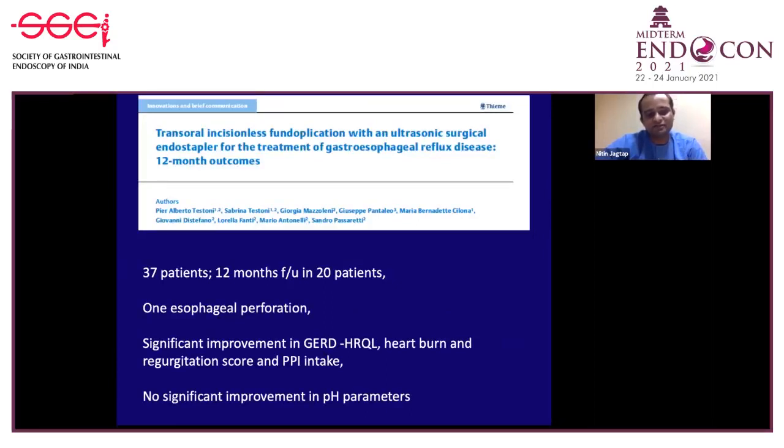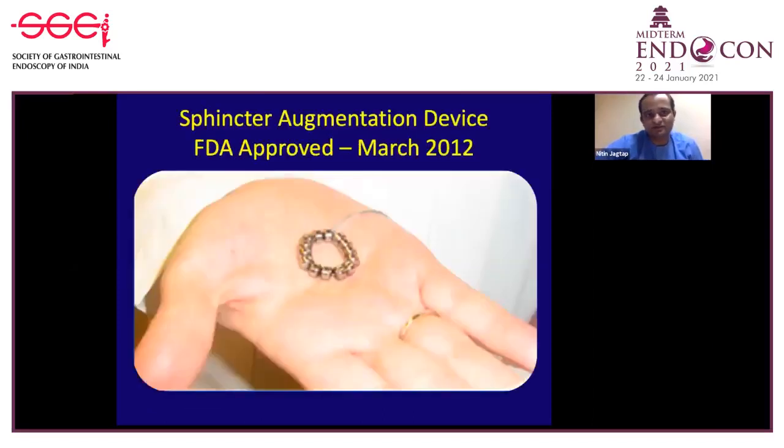And this study shows there is significant improvement in GERD-HRQL, heartburn score, and regurgitation score, along with significant reduction in PPI intake in patients who underwent the MUSE procedure. However, similar to other studies and other devices, there is no significant improvement in pH parameters on 24-hour pH impedance metry. I will come to this last point, which is an FDA-approved magnetic sphincter device, which can be placed laparoscopically